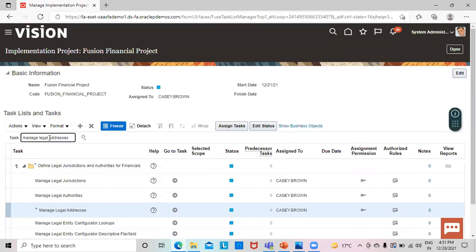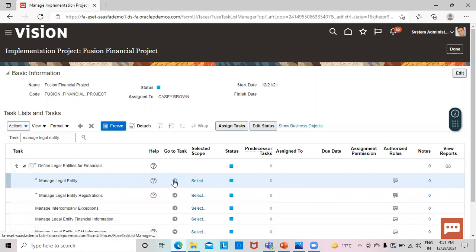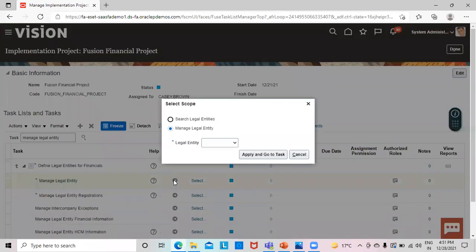And then we'll search for the task Manage Legal Entity. From here, we'll click the Go to Task option. So under this, you can see we have to select the scope.